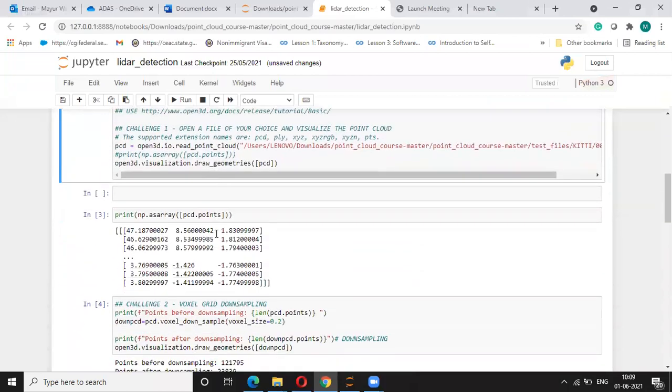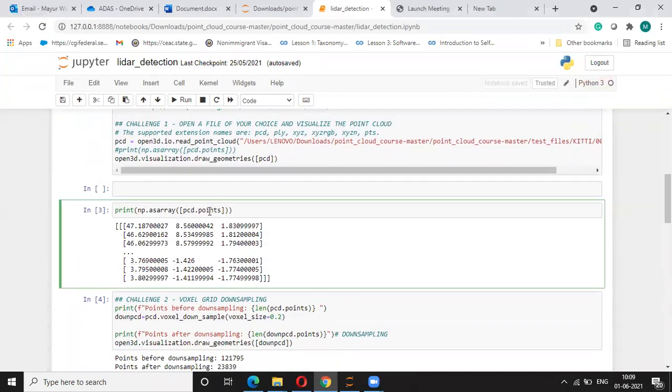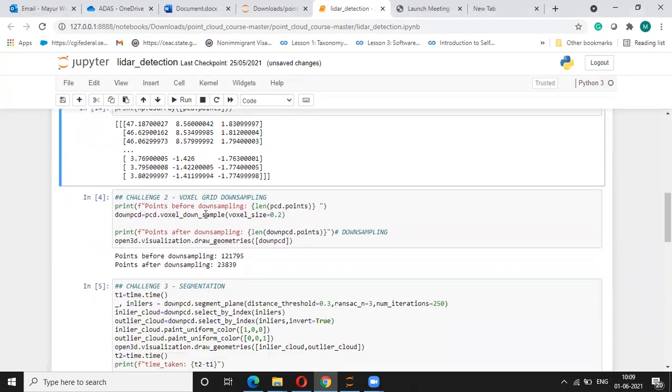The next thing is we can also see what those points are. As I mentioned earlier, all those points will have their XYZ position. So that's something we're going to see over here, what those points are and what exactly that PCD holds. So this is the XYZ position of each of those points.